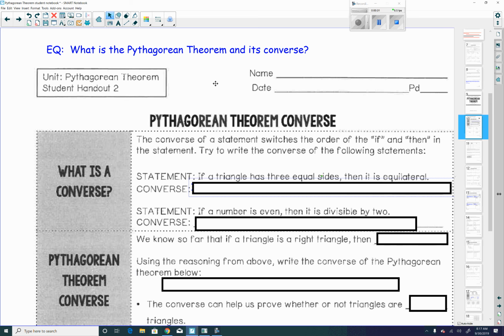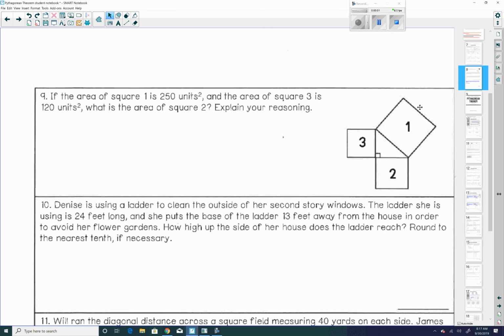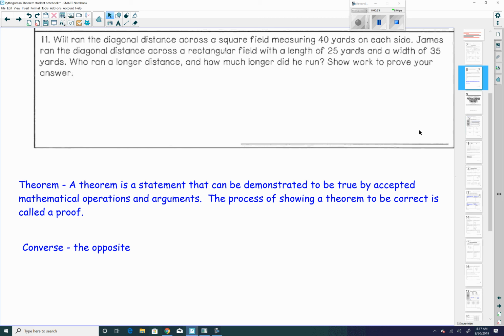So as I was getting prepared to record this lesson, I realized that we never actually took the time to define some key words, some key academic vocabulary. And I remember back when I was in 8th grade, sometimes it was the vocabulary that really messed me up because I wasn't exactly sure what they were talking about. So if we turn back one page to page 5, the bottom of the homework page, let's go ahead and